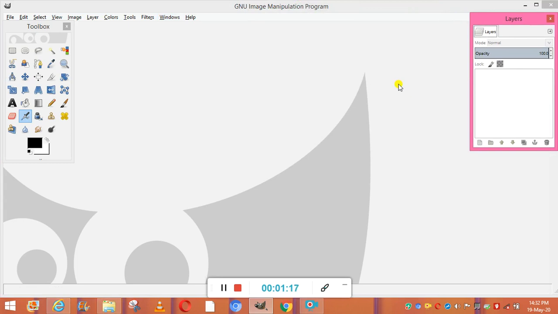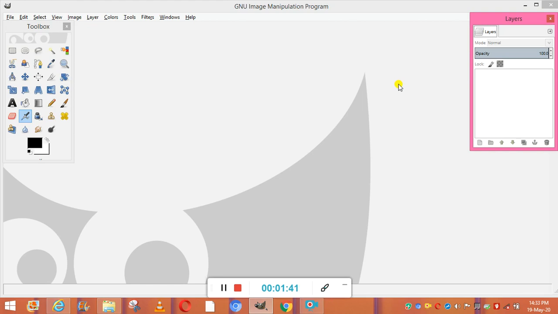What is the channel dialog? It displays the color channels of the image. So the three primary colors are red, green and blue, which give a balanced colored effect to a colorful image. A black and white image displays only one color channel, that is gray. There is an eye symbol to the left of the color channel on the dialog box, and if you disable this symbol, the color of the image also changes.